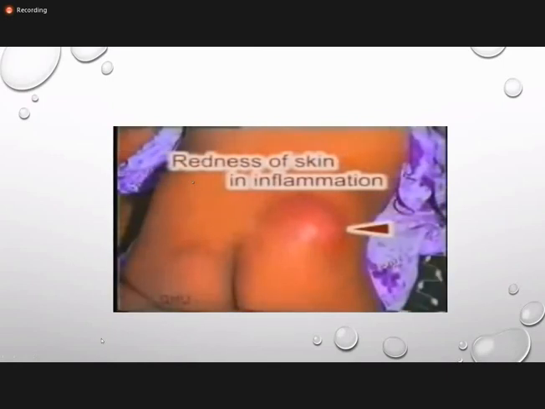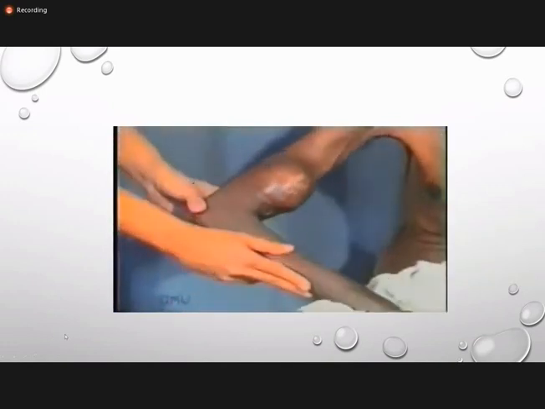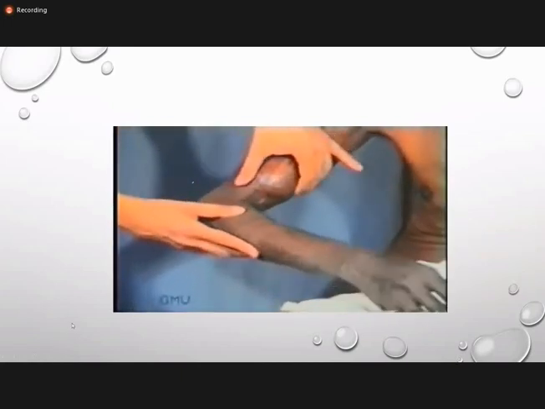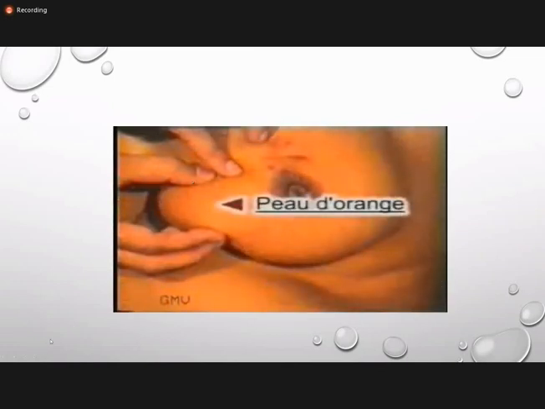Note the redness and shininess of skin in this injection abscess of the right buttock. Presence of a scar of previous surgery suggests that the swelling is a recurrent one. An edematous skin with multiple pits, like an orange peel, termed as peau d'orange appearance, suggests an infiltrating malignancy blocking cutaneous